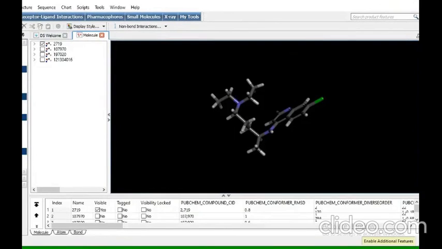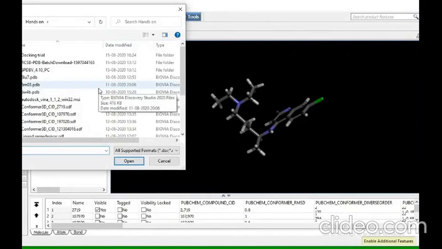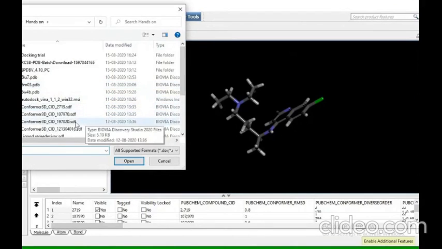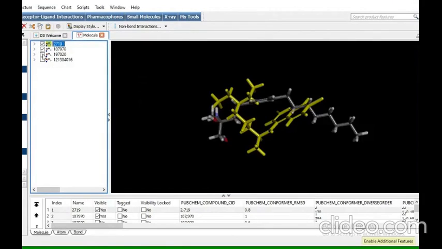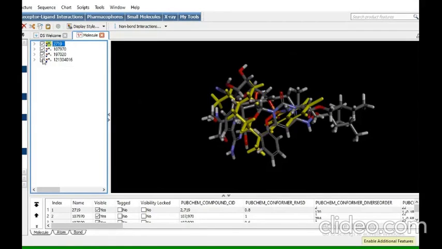So what you have to do is open in Discovery Studio, open, insert from file and select all the conformers. Conformer 1, conformer 2, whatever conformers, whatever ligands, small molecules, if you have an organic molecule, that is taken and you directly see it. One is selected, that's why you can see. If you deselect, no need to see. But if you select the yellow color, you can see. And again select another molecule. See, another molecule can be seen.